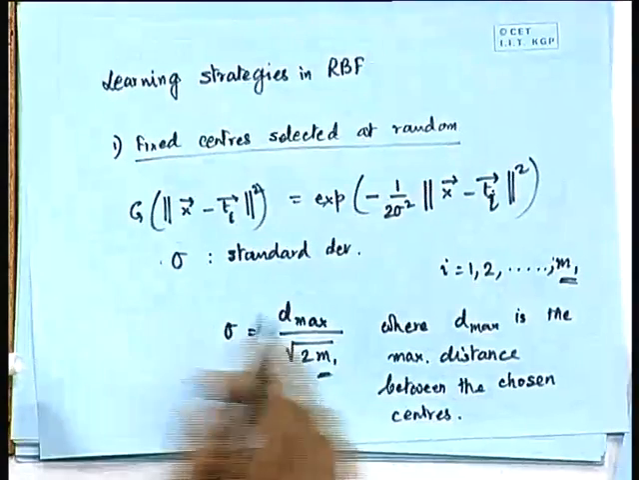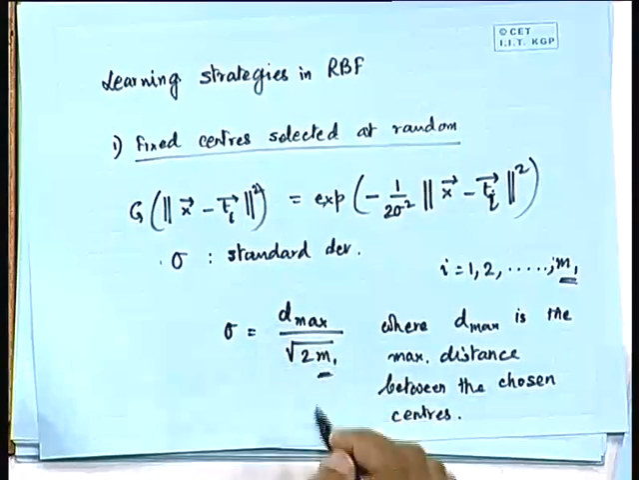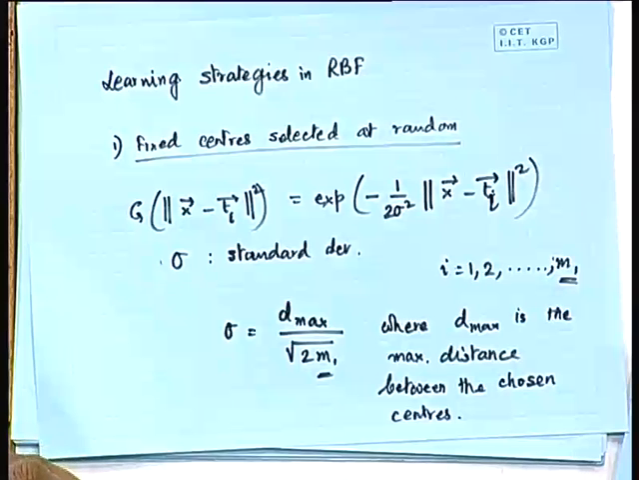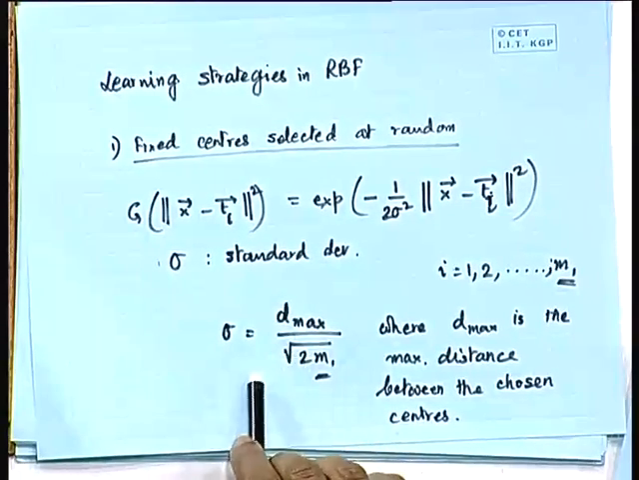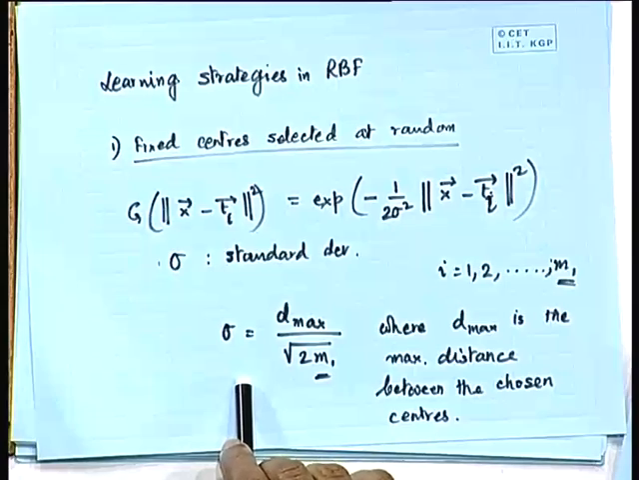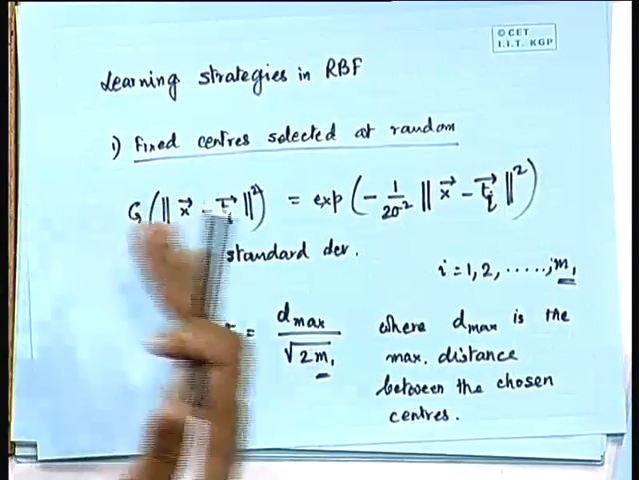For all the centers, if we choose the sigmas like this, then for all the Gaussian functions that we are using as RBFs, we have the same standard deviation. That means they are equally spaced. But one thing which one should note is that when we have a pattern space,